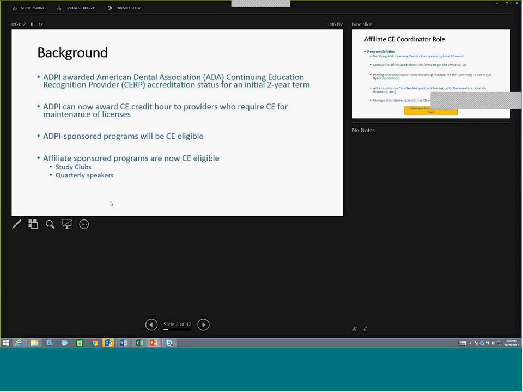It means that American Dental Partners can now award continuing education credit to providers, as we require CE annually for the maintenance of their licenses. It's extremely important that our providers do their required amount of CE to maintain their license. Obviously, their license is a critical part of their livelihood and their ability to practice dentistry.